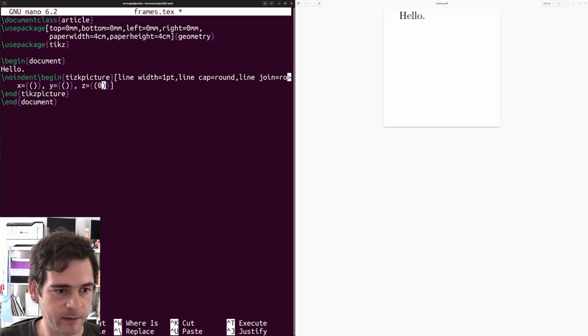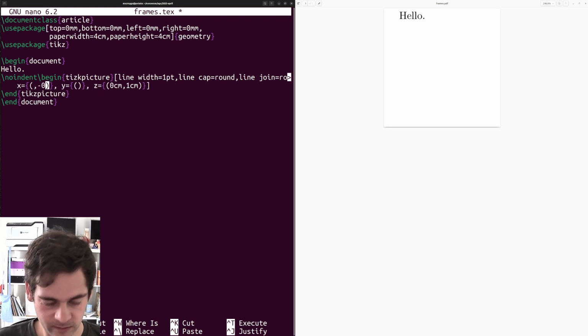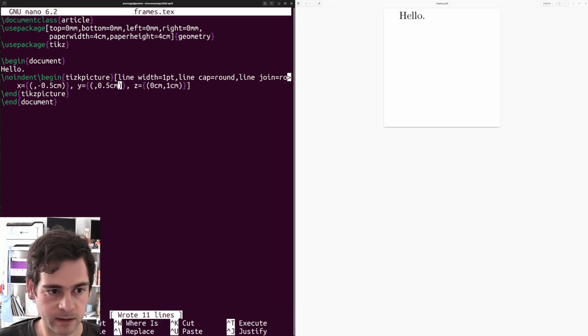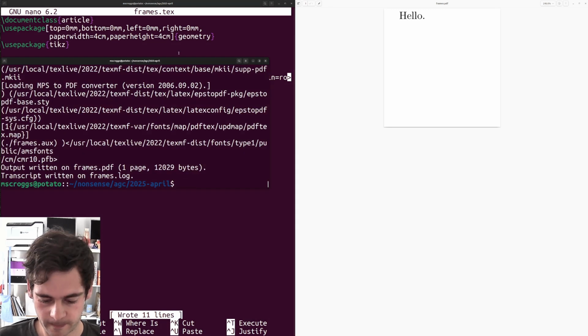So I'm going to make Z be 0 centimeters, 1 centimeter, so Z goes straight upwards. I'm going to make Y, wait, these are both going to, so X is going to go down 0.5 centimeter, Y is going to go up 0.5 centimeter, and then